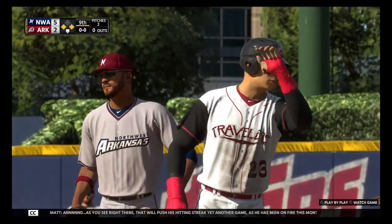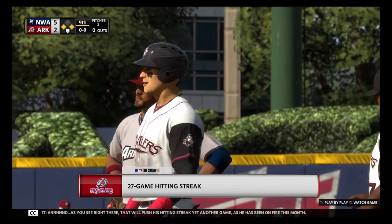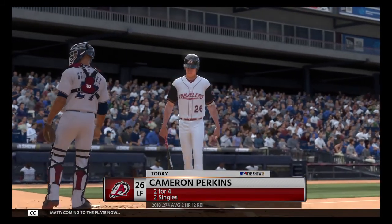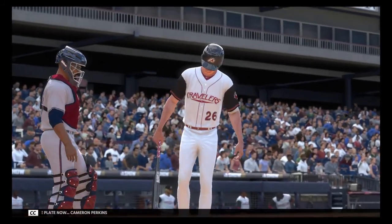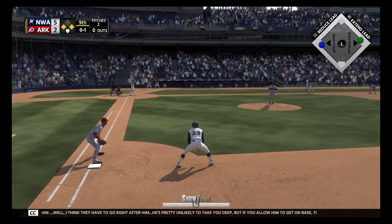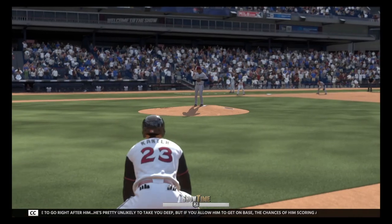And as you see right there, that'll push his hitting streak yet another game, as he has been on fire this month. Coming to the plate now, Cameron Perkins. And Dan, what's the plan of attack here for the guy on the mound? Well, I think they have to go right after him. He's pretty unlikely to take you deep, but if you allow him to